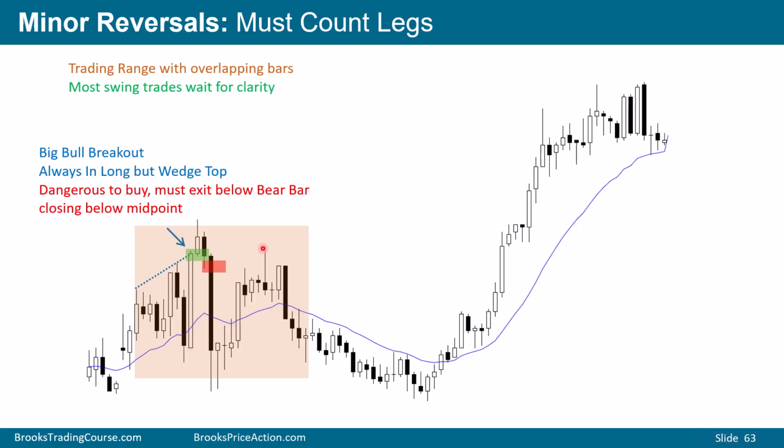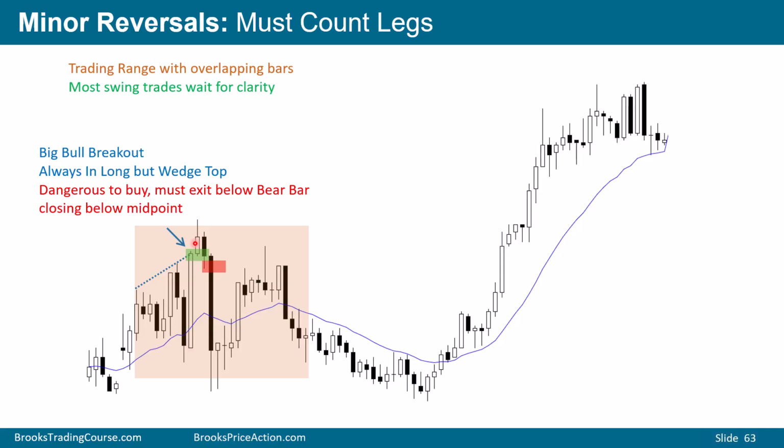What they fail to realize is they're buying three legs up, leg 1, 2, and 3. And when the market's in a trading range, everything is a minor reversal. And when the market is experiencing minor reversals, you know that you're going to see reversals after second and third legs. Dangerous to buy really big bull bars closing above a lot of bars to the left when it might